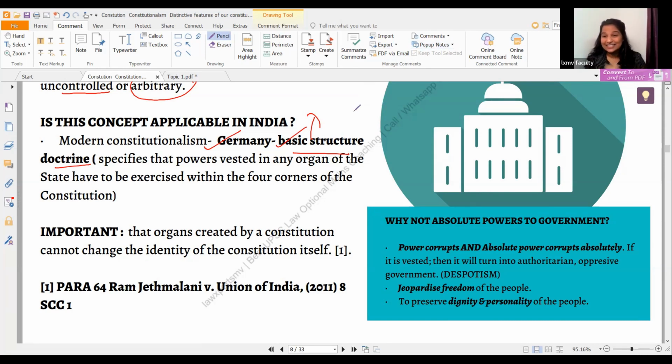The reason I asked this question is that I have got three to four aspirants telling me that this basic structure doctrine was from the Shankari Prasad case. If you are a law student, please be very careful. You will get confused because you're reading a lot. Shankari Prasad was the inception of the war between the legislature and the judiciary. We will be discussing that under Article 13, whether the amendment is law or not. That is different. This doctrine was given in Keshavananda Bharati versus Union of India.